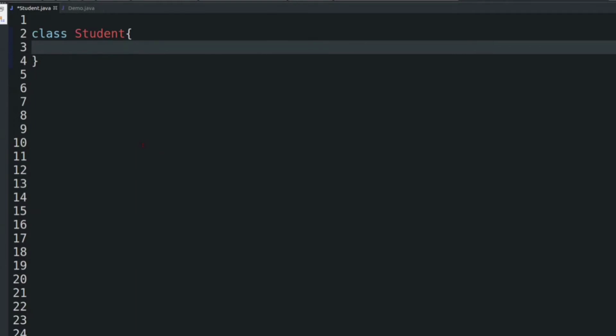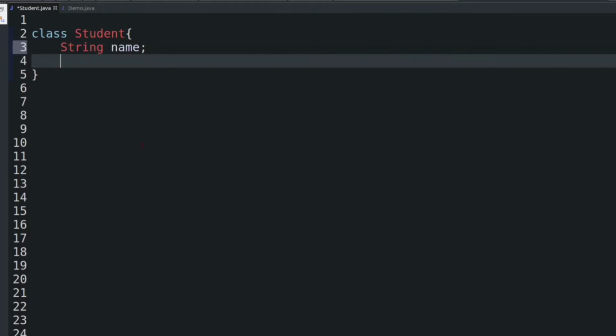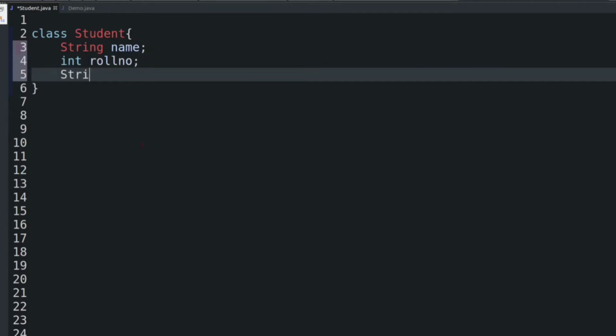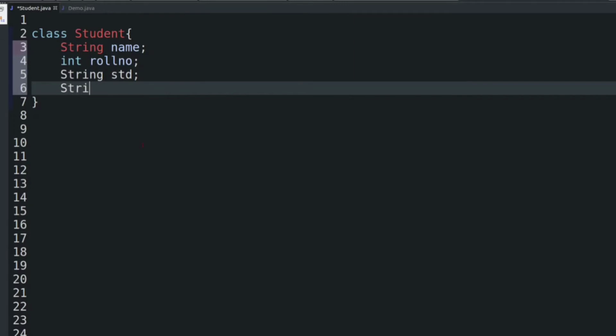So fields of student might be name of student, roll number of student, standard of student, and school of student. Okay, so these are the fields of student, that is, these are the instance variables.